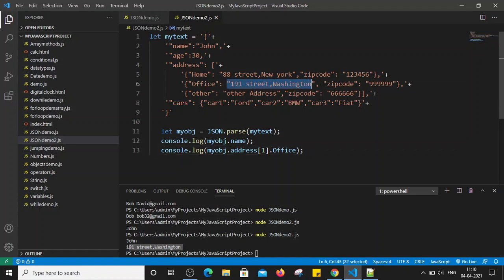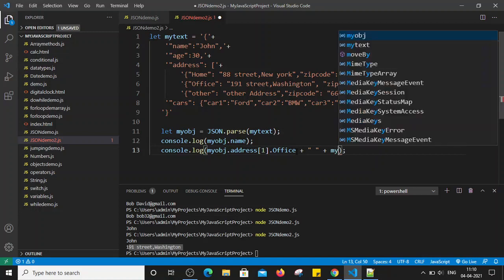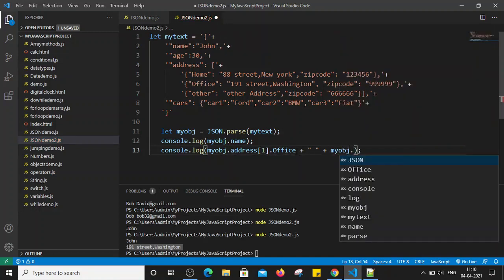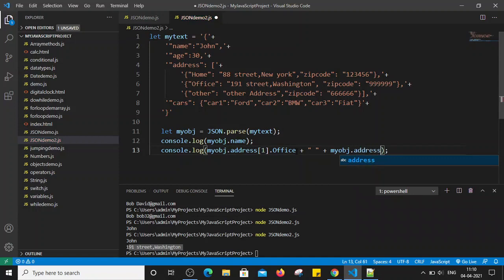Similarly, if I want to extract the zip code as well, I can simply use plus, give some space, again use plus and simply my obj dot address. The index position is first, right, since the zip code is also present at the first index position in that address array.